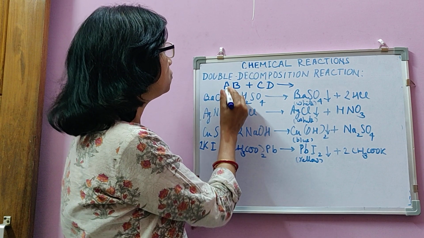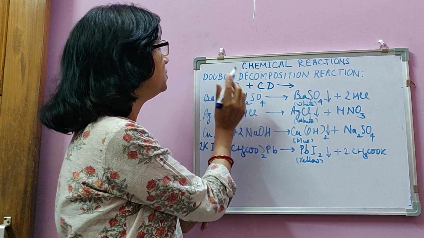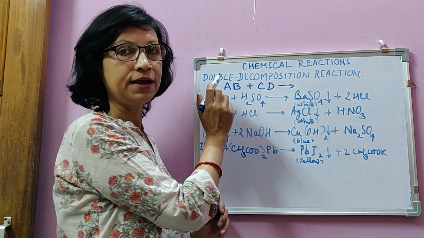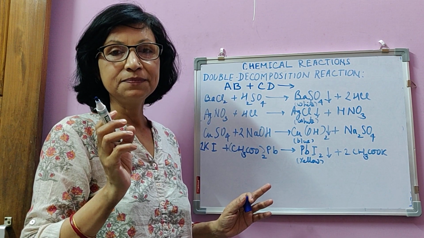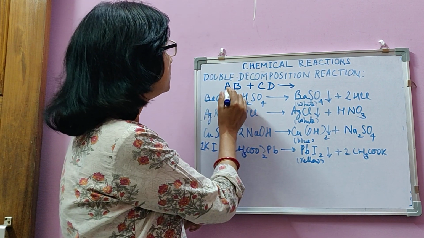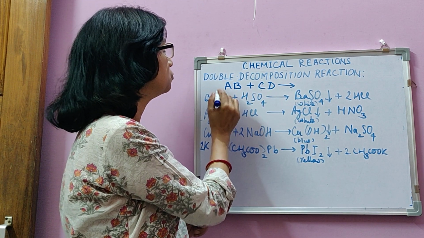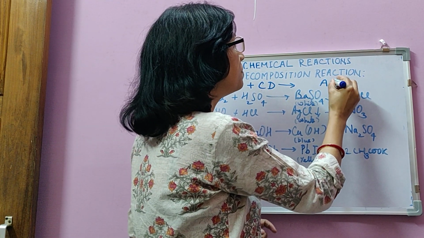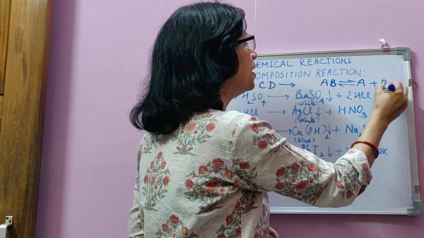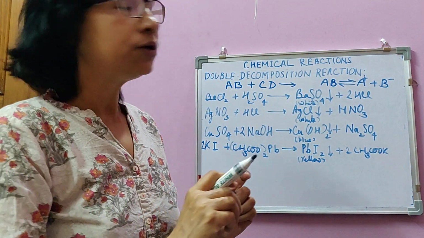See, suppose there are two ionic compounds, AB and CD. A is cation, B is anion, C is cation, D is anion. As always, cation is written before anion, except some exceptions like in organic compounds, like in acetate. When both are in contact in aqueous solution, they dissociate. You know that an ionic compound dissociates in aqueous solution to give its cation and anion separately. So both are separated and both are in contact.